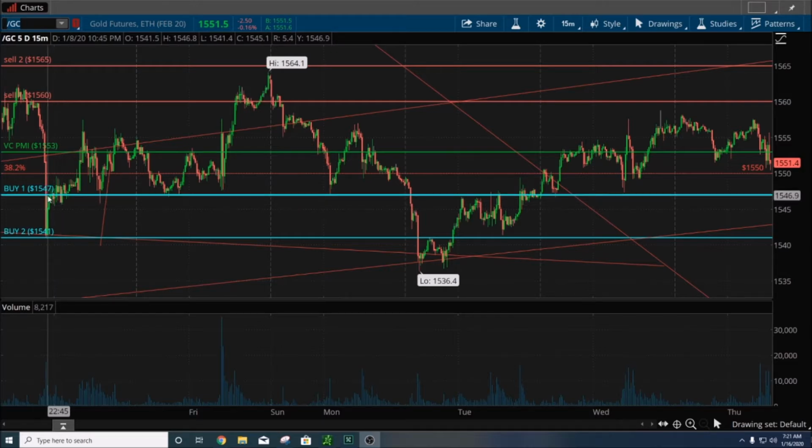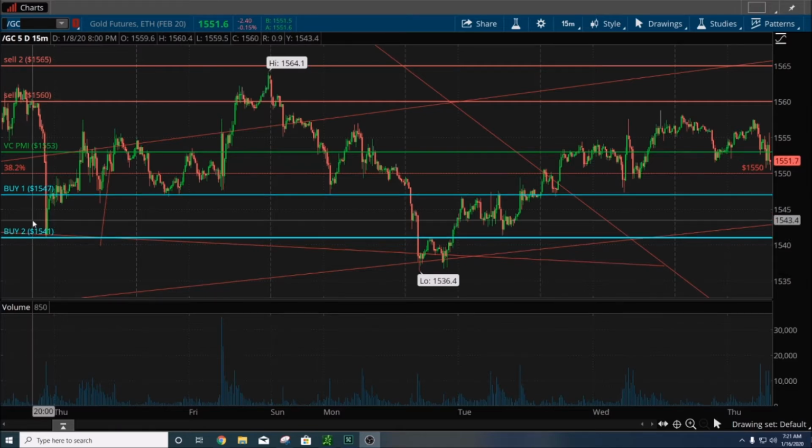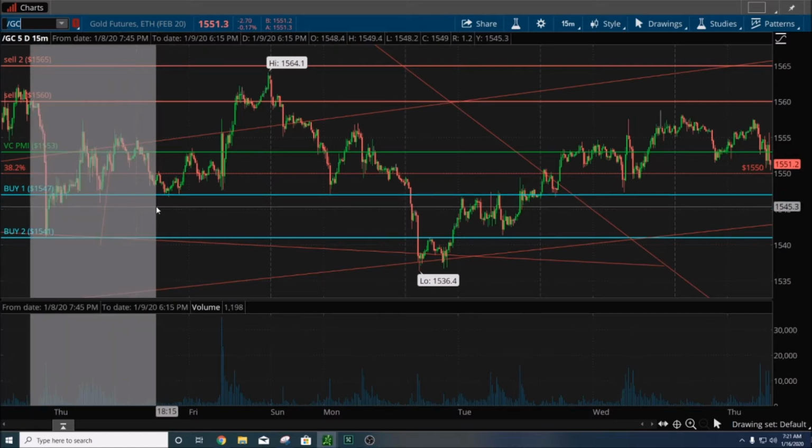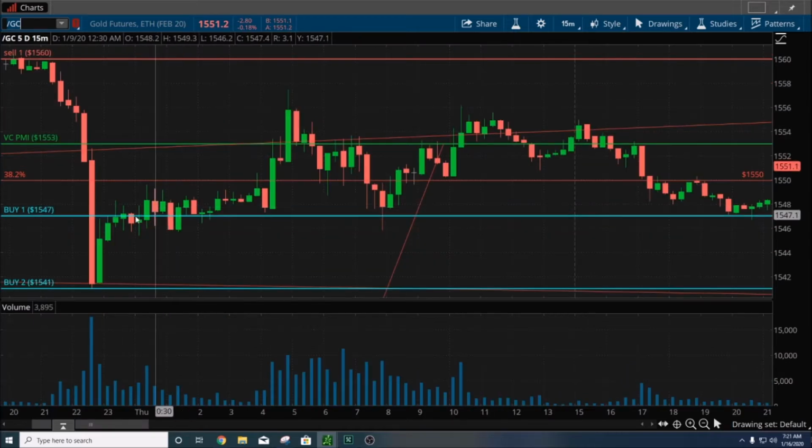Buy one is a 90% probability of a reversion occurring. Buy two is a 95% probability of occurring. And as you can see here, the market came right down into buy one. It did not activate a buy signal. It came down to buy two, and then activated a buy signal from buy two at 1541.47. It met the target, and then it pretty much triggered the buy signal from the buy one level,